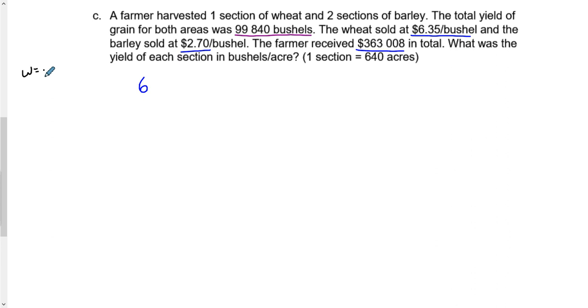We'll say W is for wheat and B is for barley. $6.35 for wheat and $2.70 for barley. Now, all of the bushels that he sells, or she,